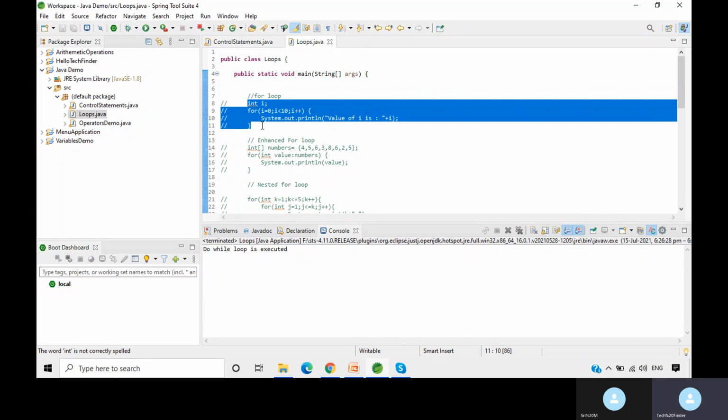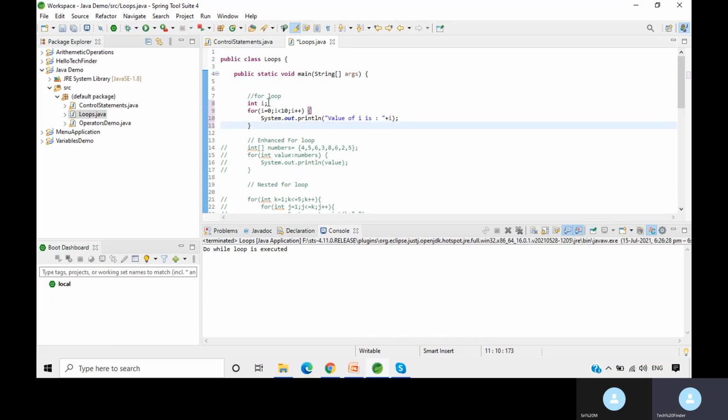First one is the basic for loop. Here I have initialized a variable i and used this i here. Instead of initializing here, we can directly initialize inside the loop also. See, int, we can comment out this first line.